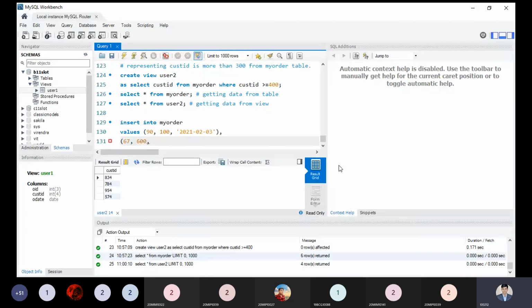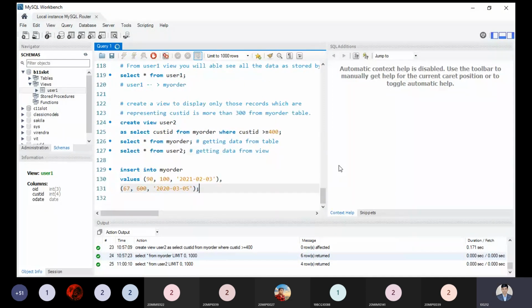So in my order, two records will be inserted, but if I try to fetch the data from the view, only one record will be acceptable, because 600 is bigger than 400. Let me show my proof. I'm picking the same data over here just for referencing purposes. Now let me insert these two records.